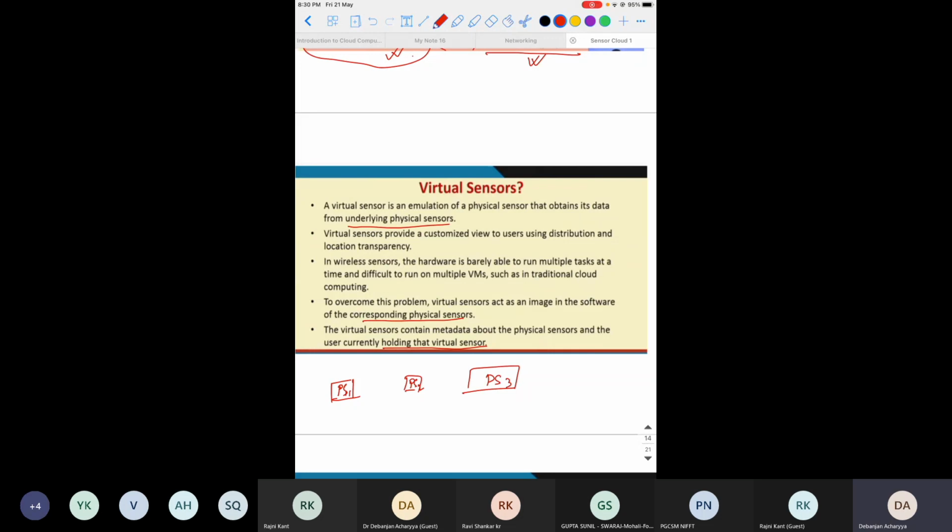The virtual sensor is actually finding the associativeness between these physical sensors. So what is the relation? For example, resistance is a physical parameter. That may change due to the ambient temperature change. That may change due to the different gases present in the environment.